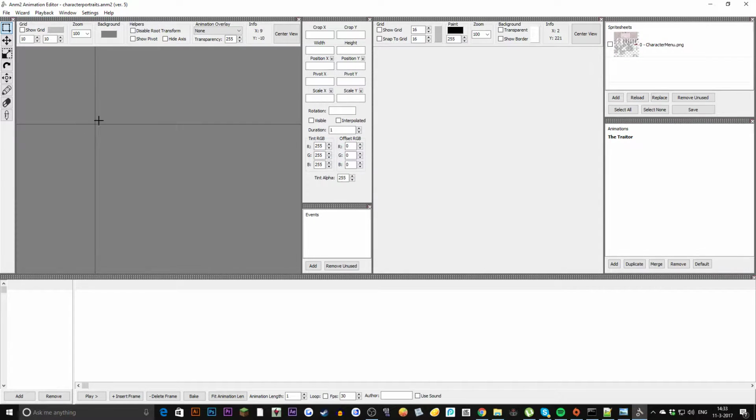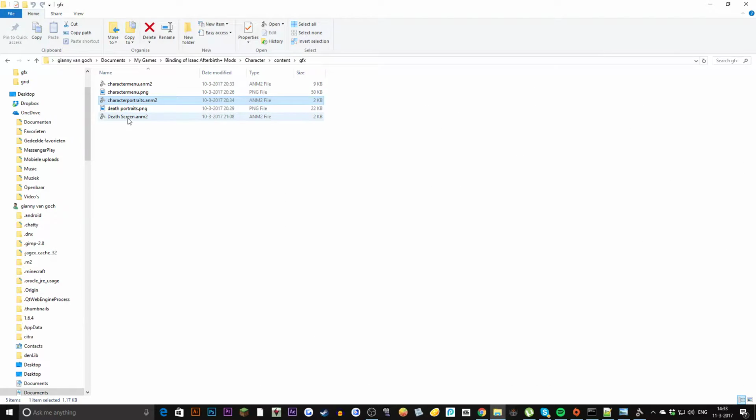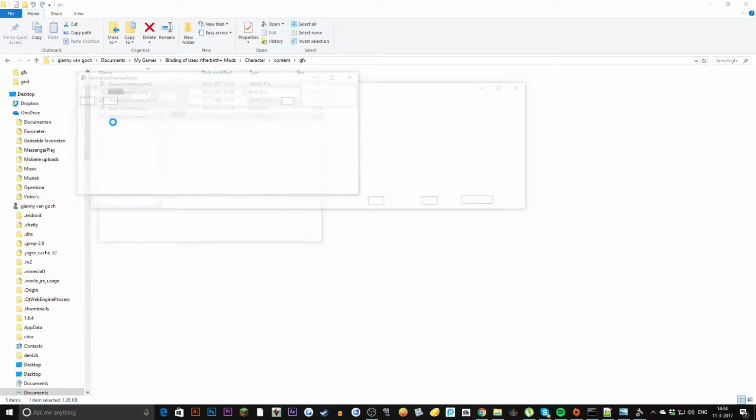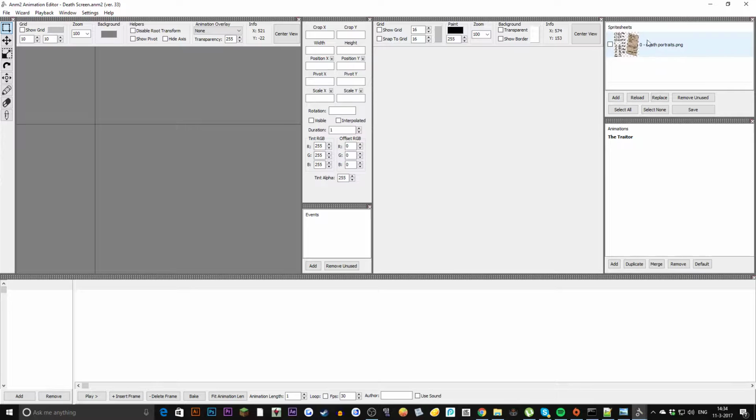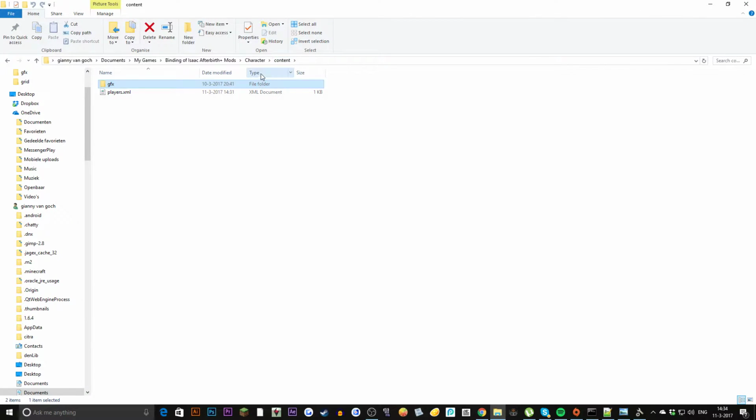So you want to put the character portrait, call it basically the same as your players.xml file, and put it here in the middle. Alright, and then we have dead screen, which basically indicates the name for the dead portrait. So you want to put that right here. Alright, got that? Cool. So now that we're done with the ANM2 files, let's move on with the resources, because